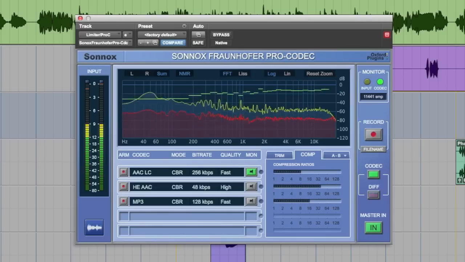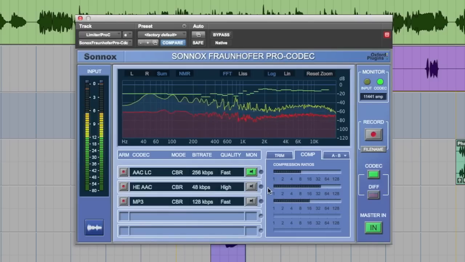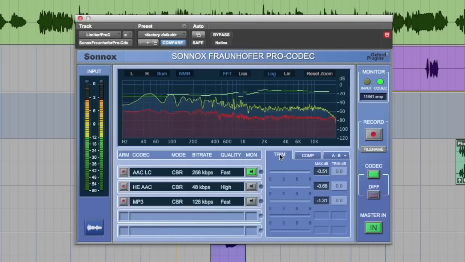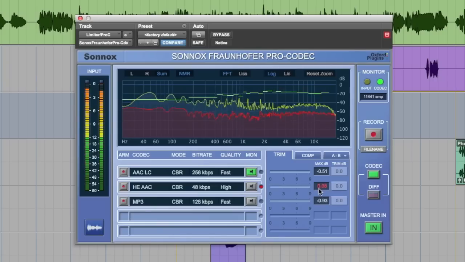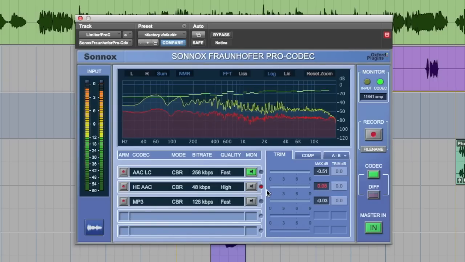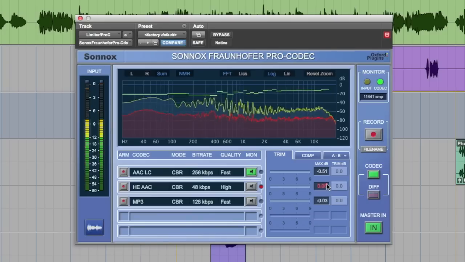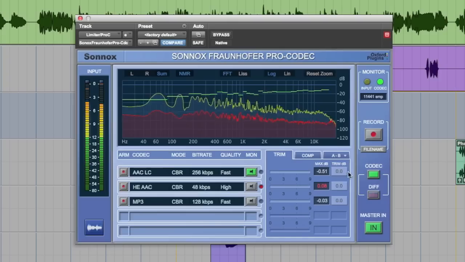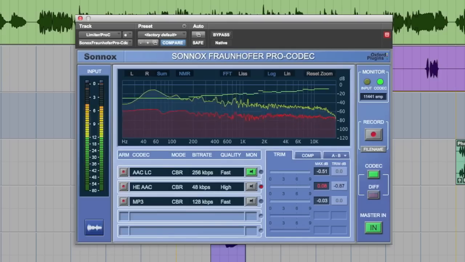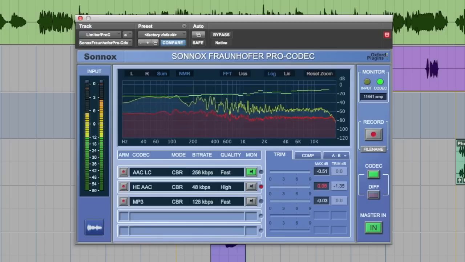The little displays and LEDs next to each codec alert us of any signal overloads resulting from the encoding and decoding process. Even if we have a carefully level-adjusted signal that's not clipping in the track meter, codecs may produce a clipped encoded signal. The Pro-Codec will warn us of this by enabling the red LED and showing the overload peak value on the display on the right. The trim control next to it helps us to compensate for these overloads by reducing the signal level before it